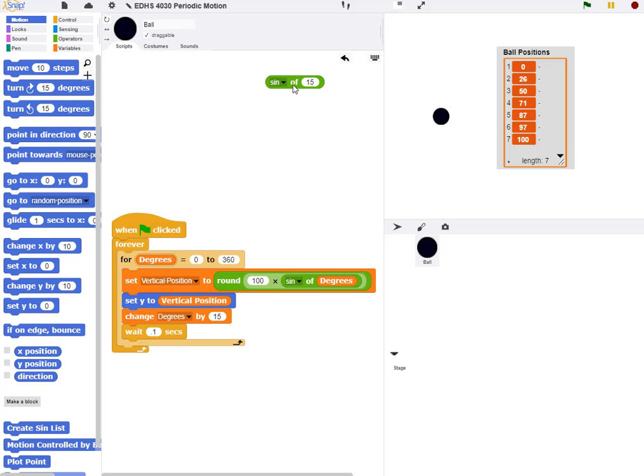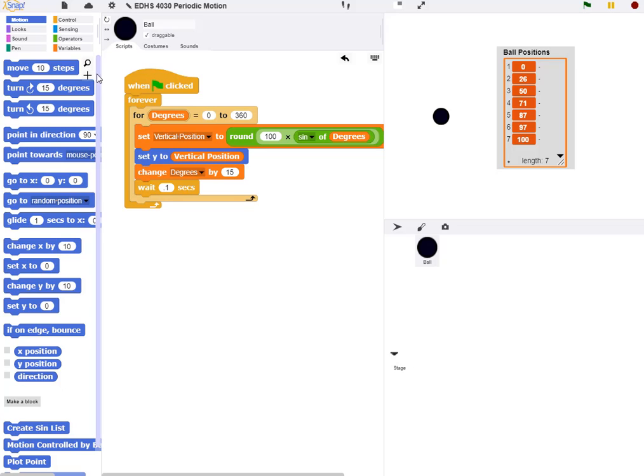Because of that, I can actually use the sine function to move the ball up and down. So I don't need the table of numbers anymore. I can generate those numbers using the sine function. And so now I can move them up and down. And essentially what this particular